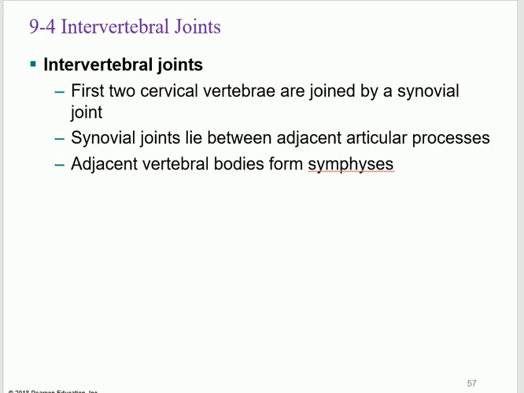Intervertebral joints. Here is another joint. What's a joint? Simply, as when we started in the beginning, any two bones coming together, right? Any two bones, irrespective of what is in between the bones, it counts as a joint. So here we have this vertebra, let's say this is T5, and this is T6, and there is a disc in between, right? So this is a joint in between those two vertebrae, and this will allow slight movement.